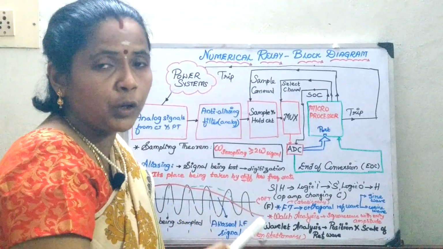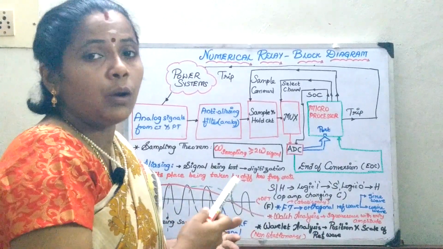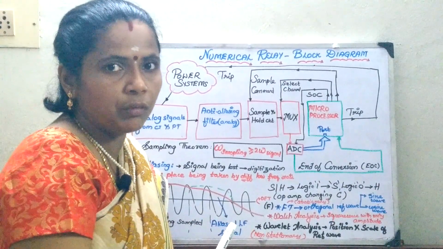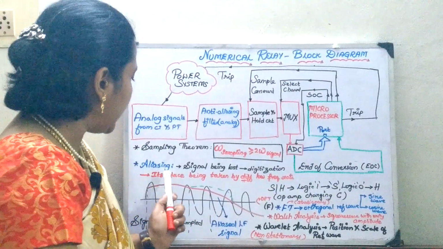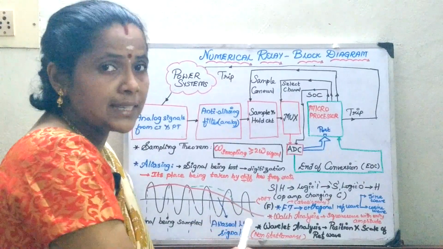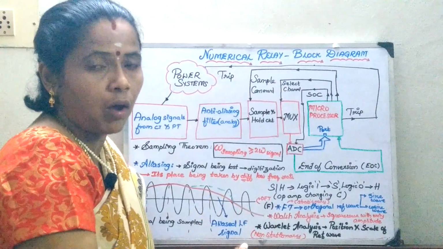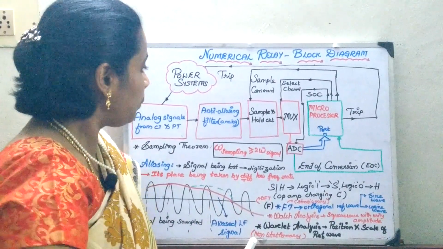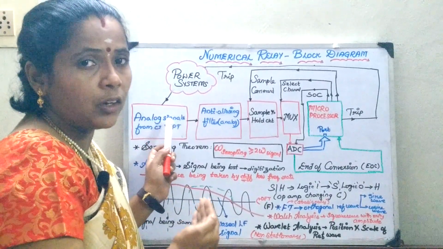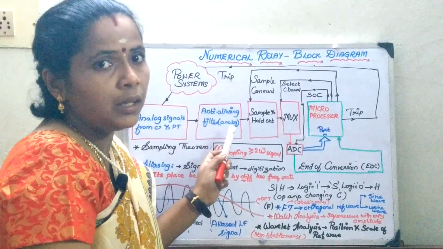This should be avoided, because when you take the low frequency signal instead of the usual signal, whatever data is preserved in the signal will get lost. This might lead to the maloperation of the relay. So, aliasing is a process of the signal being lost whenever I sample my signals, that is, in the process of digitization, where the aliased signal takes the low frequency wrong signal and proceeds with it. Okay. Now, once I take the sampling signal at greater than or equal to twice the signal rate, it is passed on to the anti-aliasing filter in order to preserve the information.